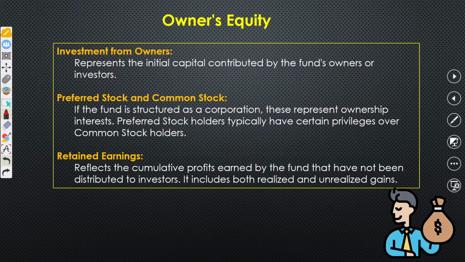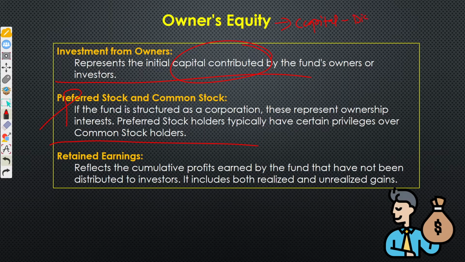Then owner's equity. Under owner's equity you would see different segments. Private equity will not have preferred stocks or common stocks, but in a normal business you would see common stocks, preferred stocks, or maybe other bonds under common equity. But here under equity we only see the investor's initial capital, meaning contributed capital, and withdrawals if there are any. So here under equity you would see capital raised